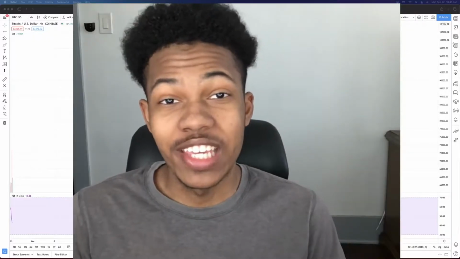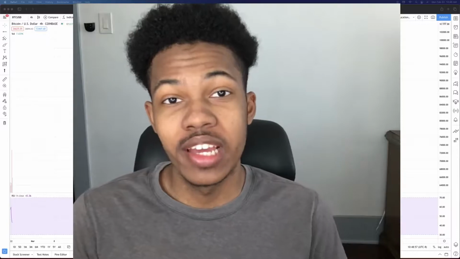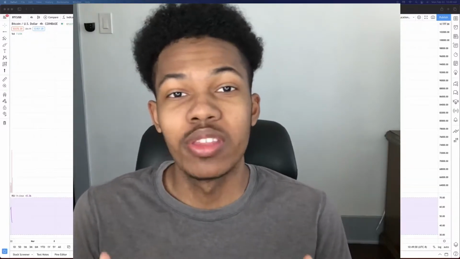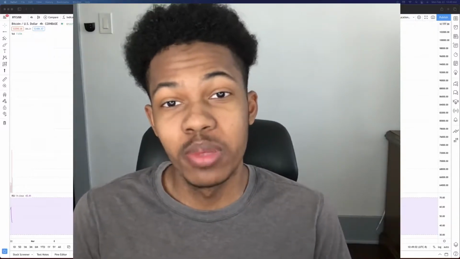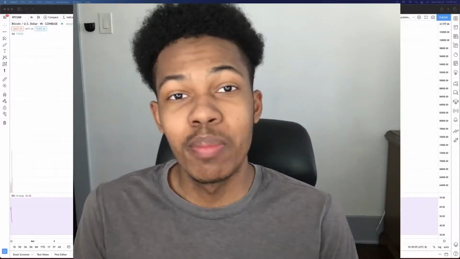Every trader and even investors as well need to understand this type of support and resistance because it's what the smart money uses. And if you're not familiar with smart money, it's basically the big money in the markets that